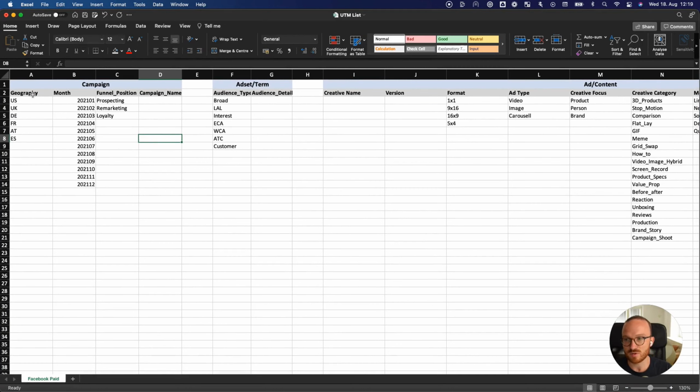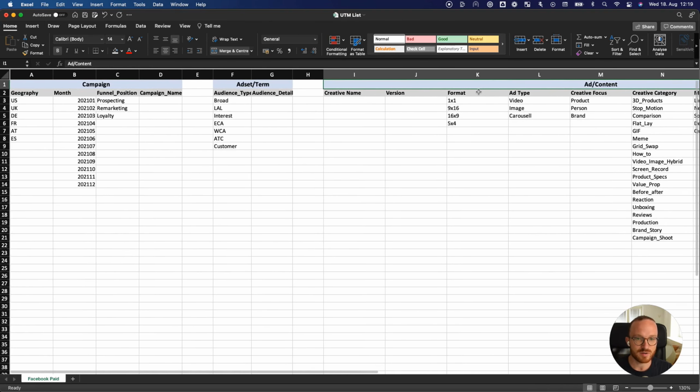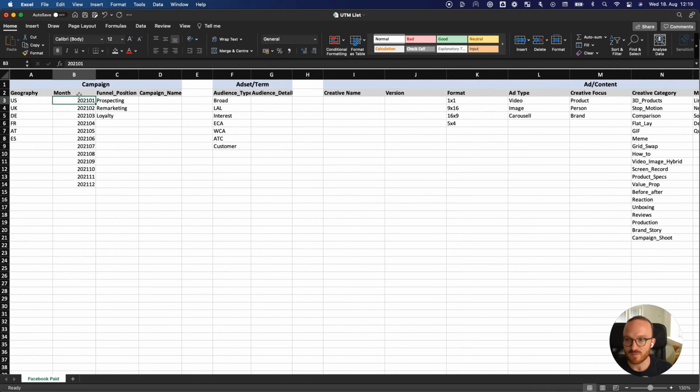channel. So a breakdown of what you want to track in your campaign parameter, in your ad set or term parameter, and your ad and content parameter. And these are now all the different dimensions I want to add and I want to track for each of them. And where possible, I actually started to create a list of options that I want to be available for